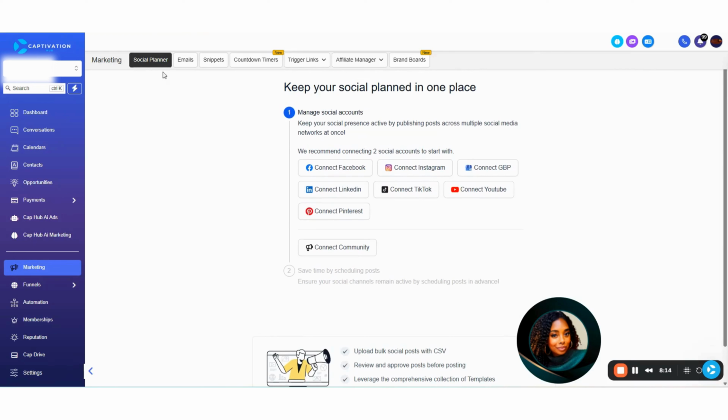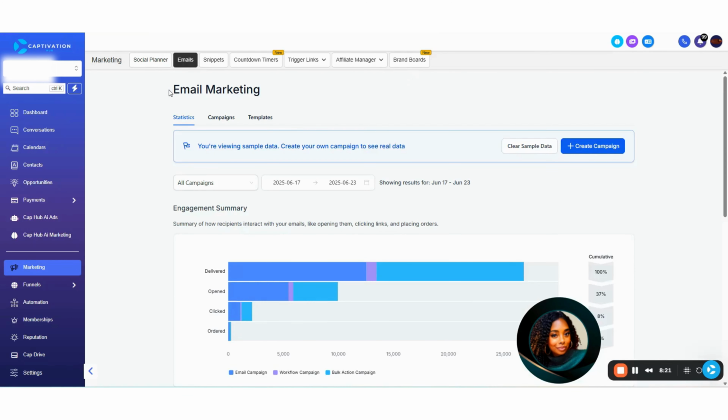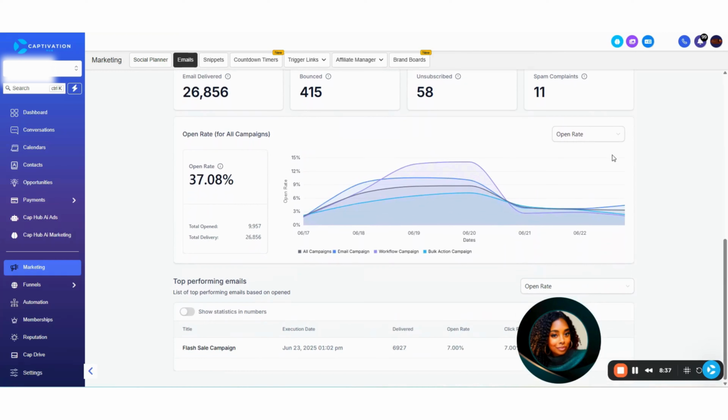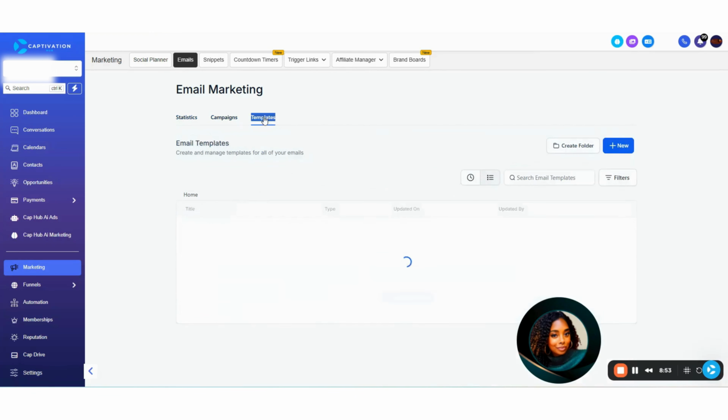Next, moving over to the email tab. This is where you're going to send your email campaigns or create email templates to attach to your automations. This is sample data, just so that you can see what this looks like. Tracking your analytics and looking at your performance hasn't been easier. You can see it as whole numbers, or you can switch it over and use it as rates. Once you click here across the top, you'll go over to templates, which is where you always want to start,